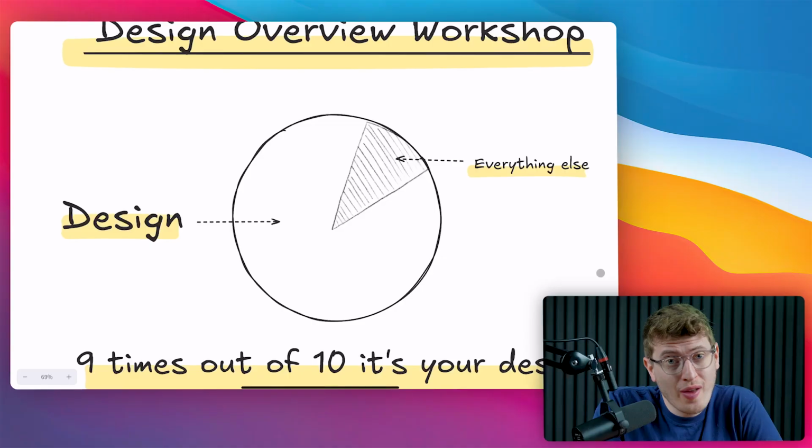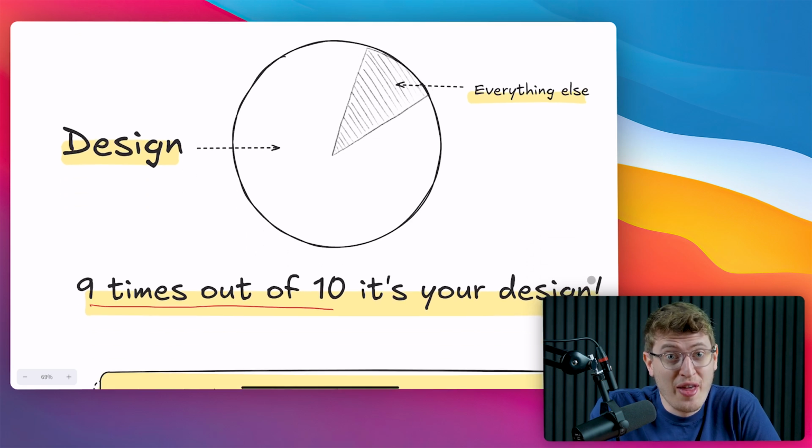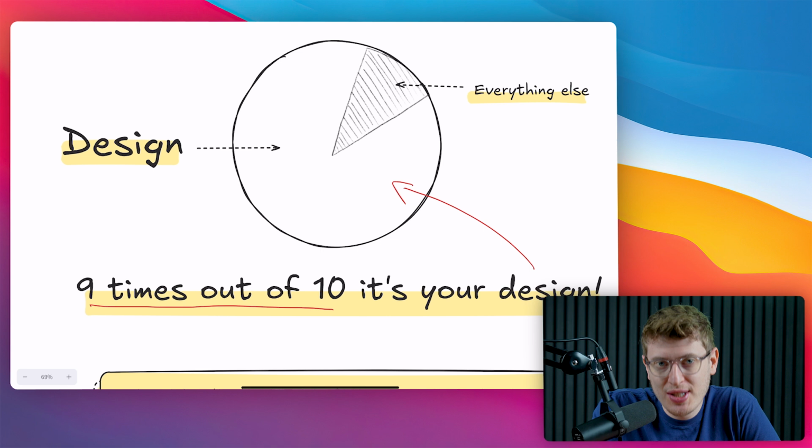Not getting sales and not sure where to turn? Well, 9 times out of 10, it's your designs. Sorry. They might be no good, but don't worry. By the end of this workshop, you will have a system to improve your designs and to iterate and create